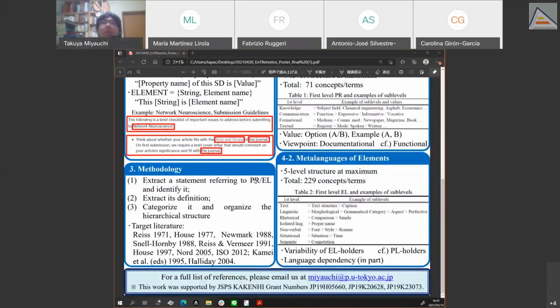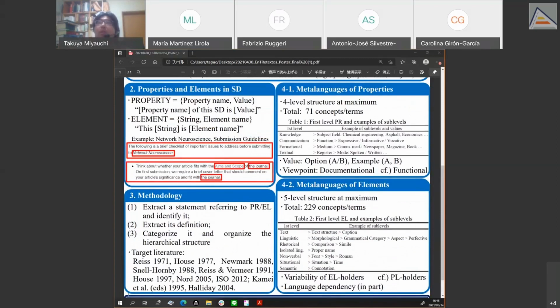So please see the methodology. We extracted statements referring to properties or elements in the source document and identified them. Next, we extracted their definitions, categorized them, and organized the hierarchical structure from these target literatures. The way of constructing a meta-language is cyclic and incremental. Please see 4.1. As a result, our meta-language of properties has a 4-level structure at maximum and includes 71